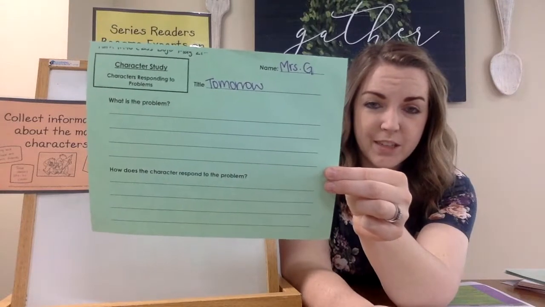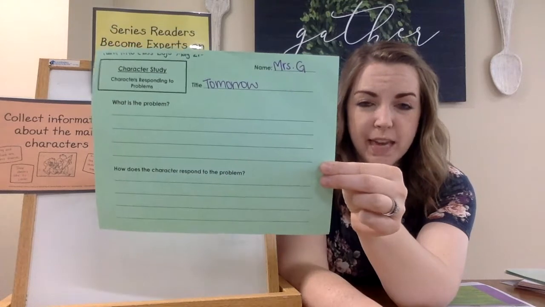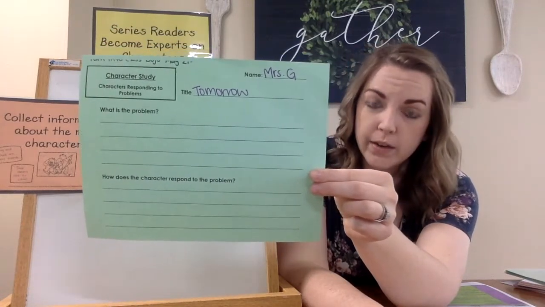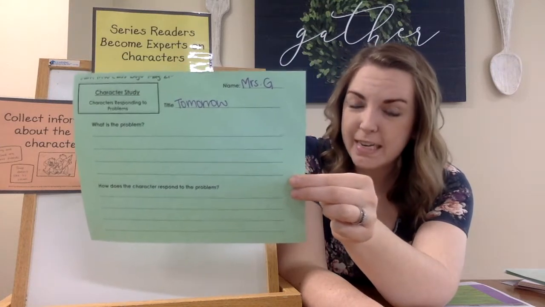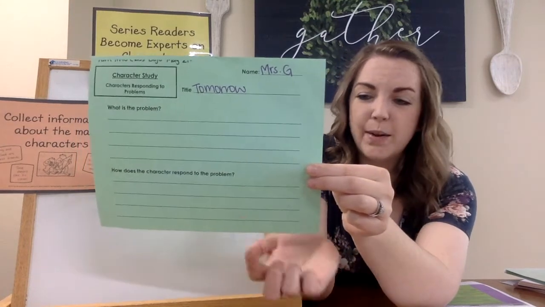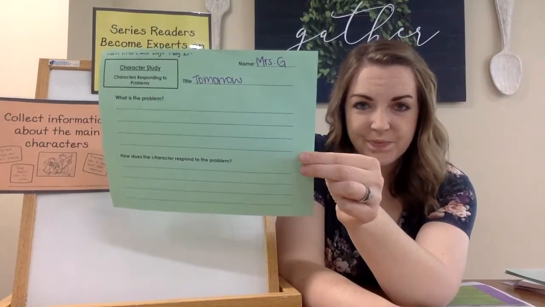let's grab out our green paper and start jotting down our ideas. You need to tell me, what is the problem in this chapter? And then you're going to pick one of those characters. You might pick Toad and say how he responded to all those chores needing to be done. You might pick Frog and see how he responded about all those chores needing to be done. You're going to pick one character here and tell me how they responded to the problem. All right, best of luck.